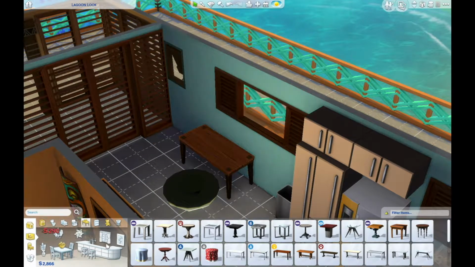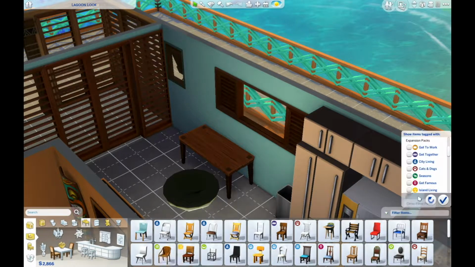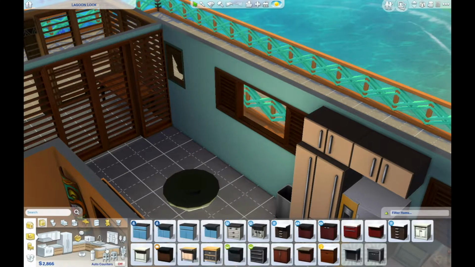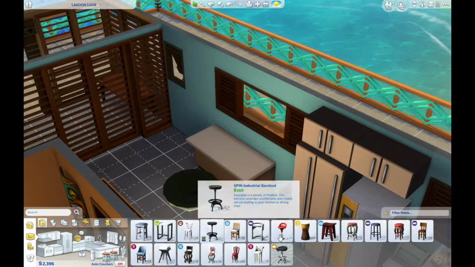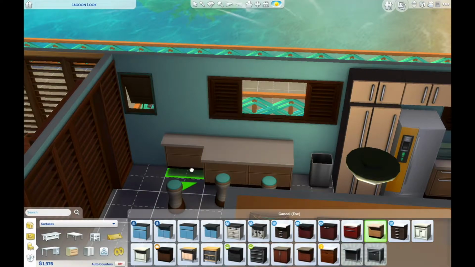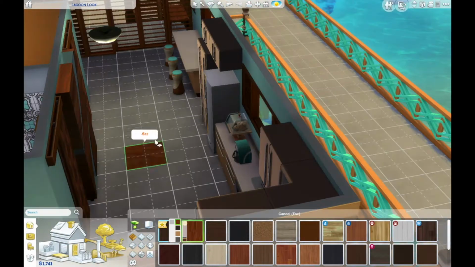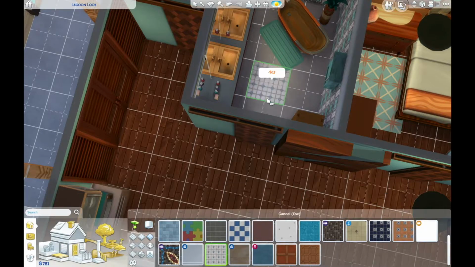So originally I was going to go with this table, but then actually in a minute it's going to get moved to this outdoor area. And then I decided to go for more of a kitchen island bar type seating area. And with this window, you can sit and have breakfast in the morning and look out of that beautiful window out into the lagoon, which I thought was really nice. And then here I'm adding the tiles in for